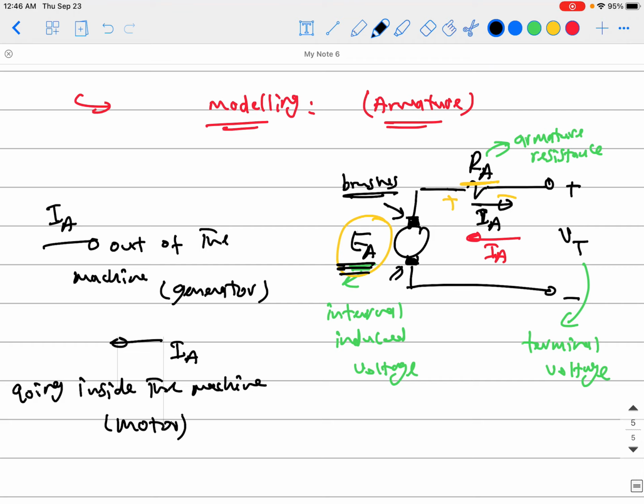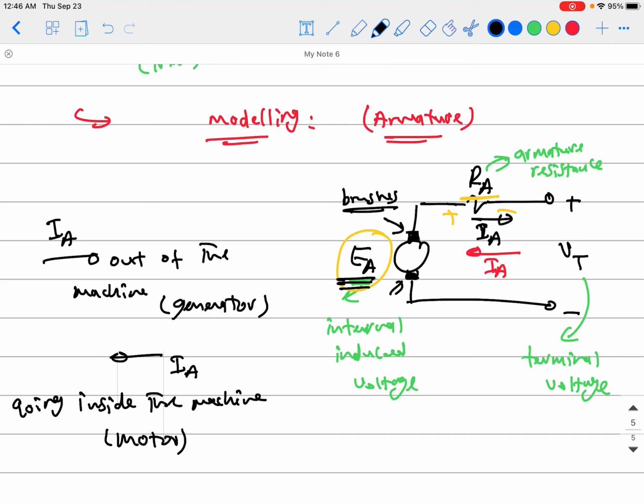But this is the basic idea to get in your mind right now: you will have an induced voltage inside the machine like this, which can be calculated as K phi omega m, where K equals ZP over 2 pi, and we just derived these equations together today. And if you know the armature resistance of these coils, you can basically find this easily from a manufacturer's catalog,